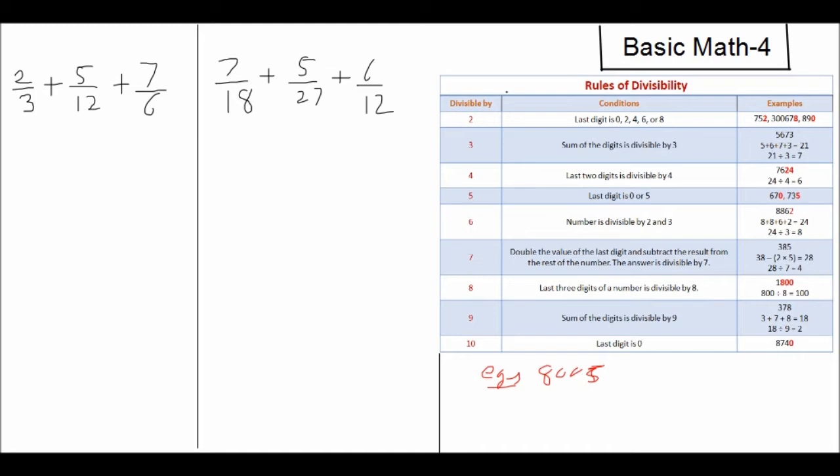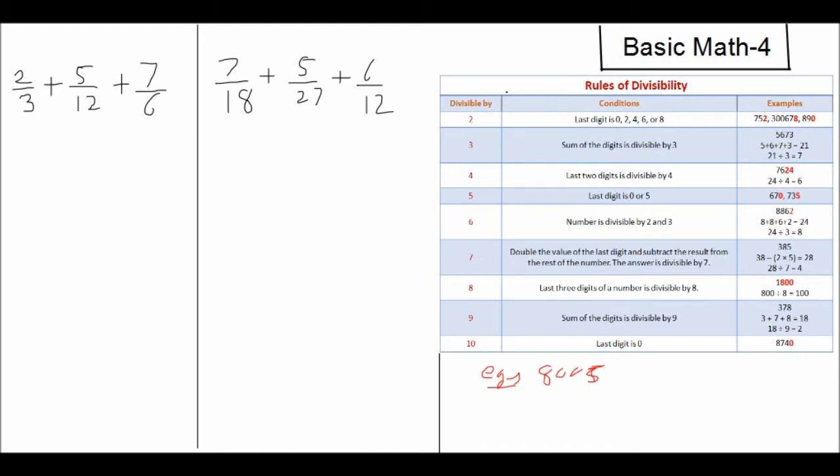Again an important test, by 9. It is similar to 3. If the digit sum of a number is divisible by 9, then the number is directly divisible by 9. So these are all important tests. You may search for the test for 11, 17 and 19. They are also important tests.